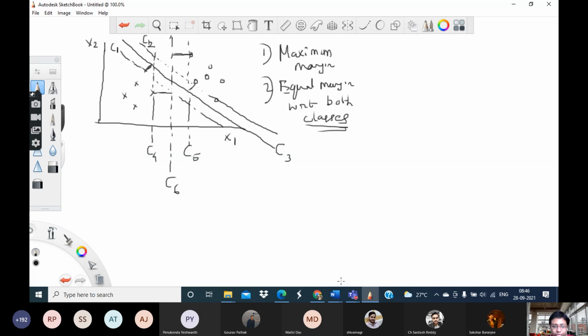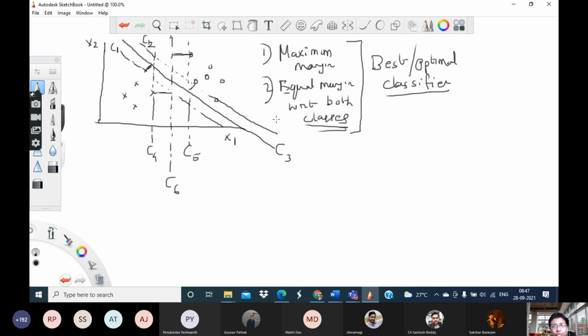So the hyperplane classifier which satisfies these we can call the best classifier or the optimal classifier. What the perceptron algorithm gave me is any arbitrary classifier which separates the two classes. It may be this, it may be this, it may be this, or anything else also. I am not guaranteed that I will find the optimal classifier with the perceptron algorithm.